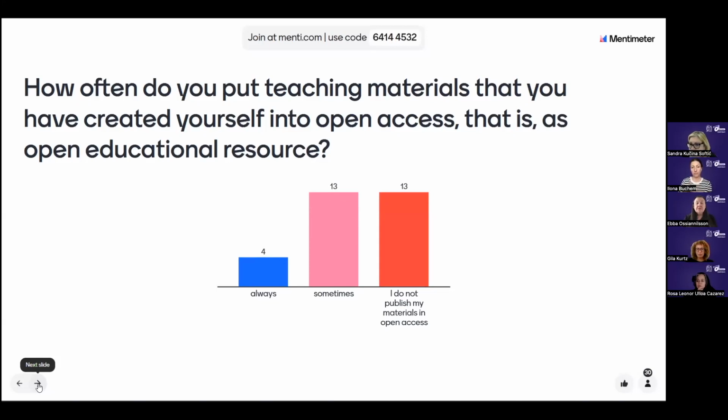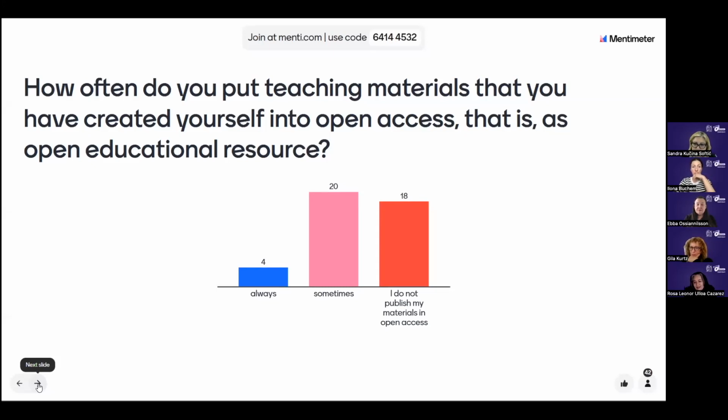Okay, maybe Rosa, you can start with your first comment about the results of this question. Sure, thank you. Well, I think that there are two options that are kind of tied. These are sometimes, and I do not publish my materials in open access. And I'm not sure if the second choice, sometimes, is the people responding related to OER as in the last one, right? I don't know if they are talking about open access materials or just materials of their own authorship. So I think it's interesting because it's not related to open educational resources, as I said,